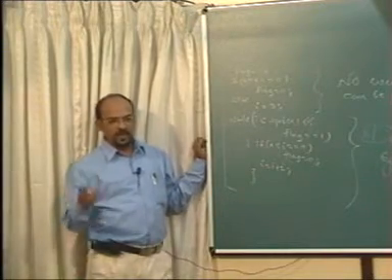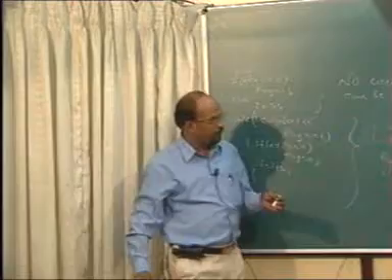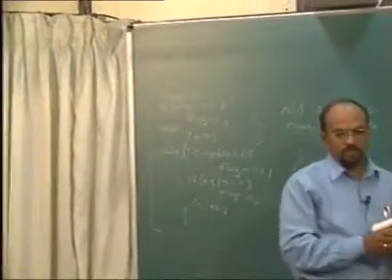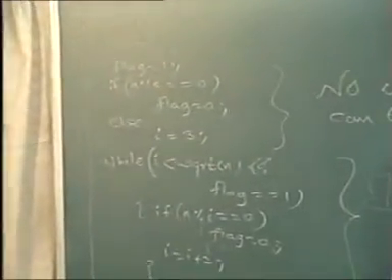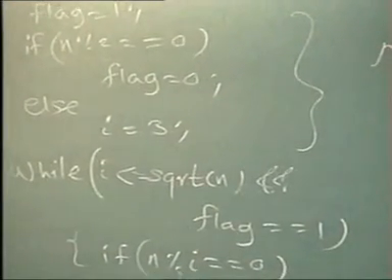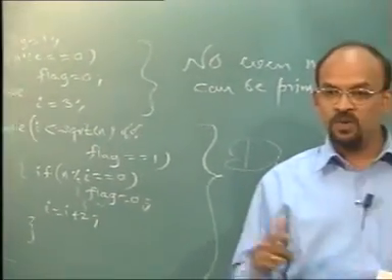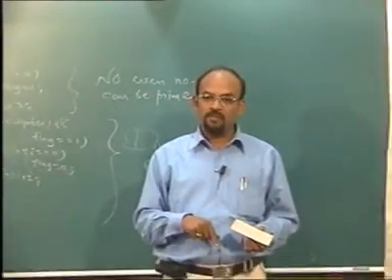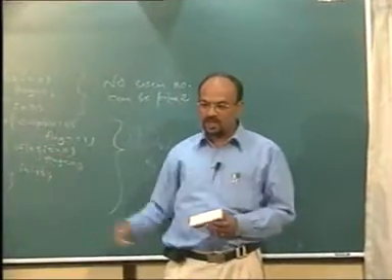As a little modification, make it less than or equal to. Because if it is 121, the program won't run. Then I will go up to 9, and 9 plus 2, 11. 11 less than square root of 121 will be false. And you will say number is not prime, or you will say number is prime, whereas it is not prime. So it should be less than or equal to.